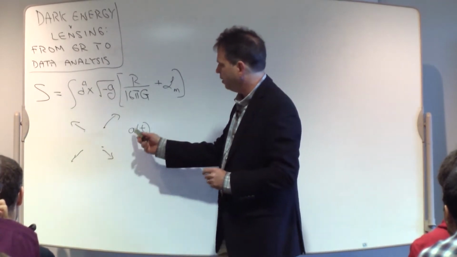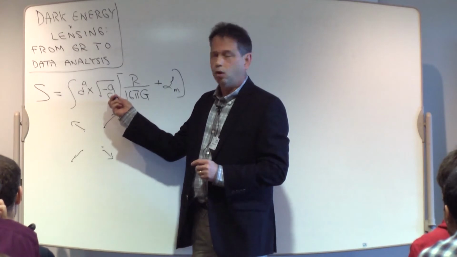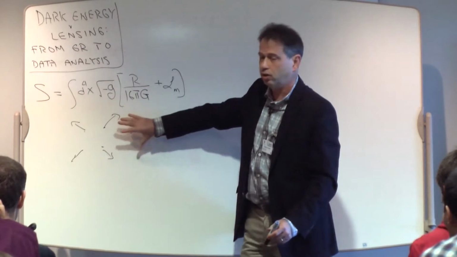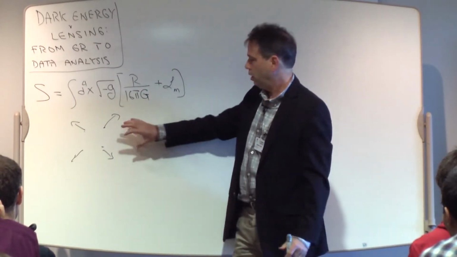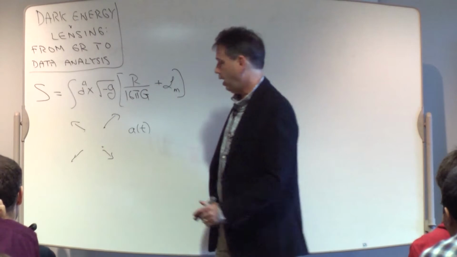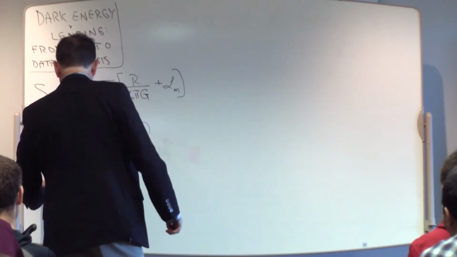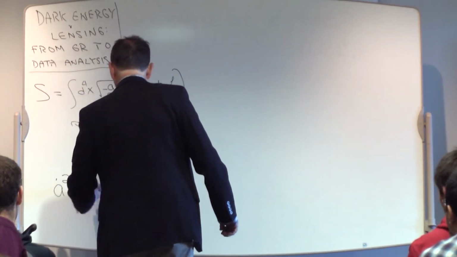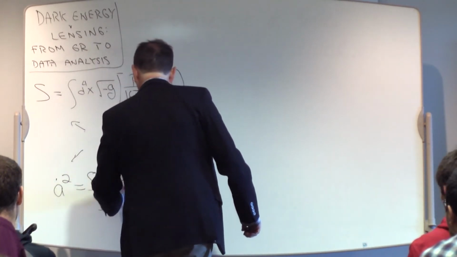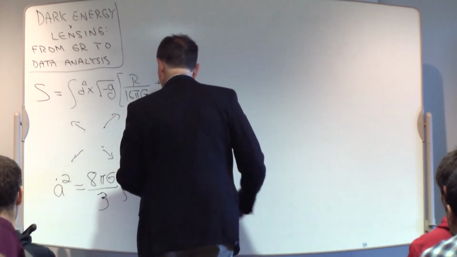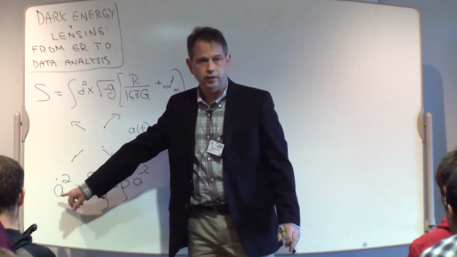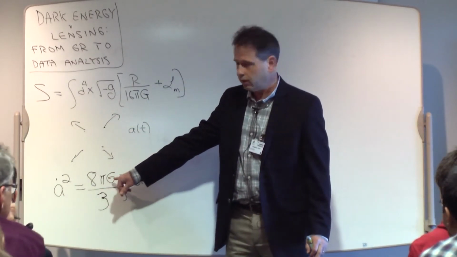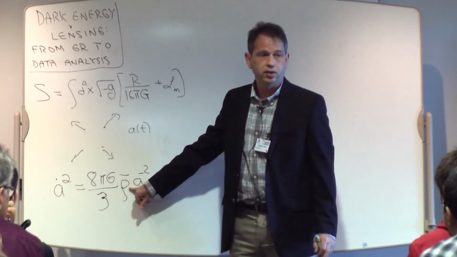So this scale factor is embedded in this metric. When you minimize the action, which is what you do in a physical system, you get an equation for this particular system, the universe at large, that is an equation for this scale factor. And the equation looks like this. This is what's called the Friedmann equation. So this describes the time derivative of the scale factor. It's proportional, with a proportionality constant given by Newton's constant, to the average energy density in the universe.